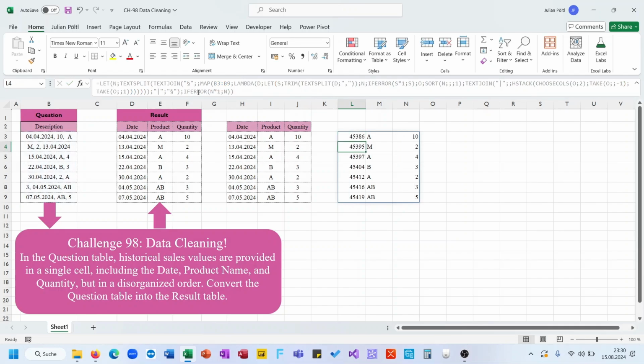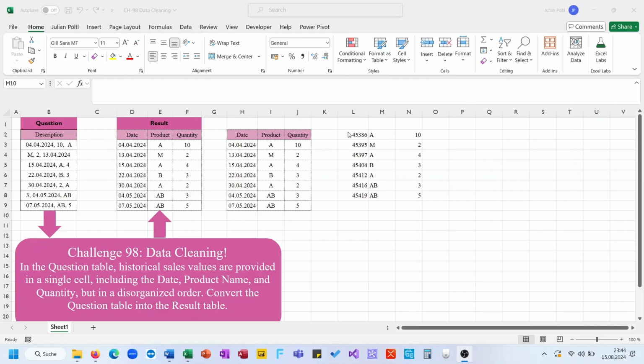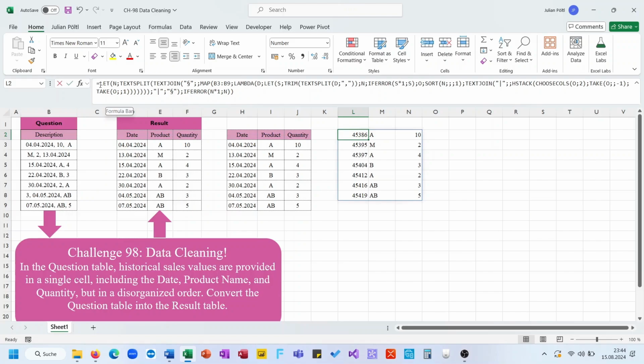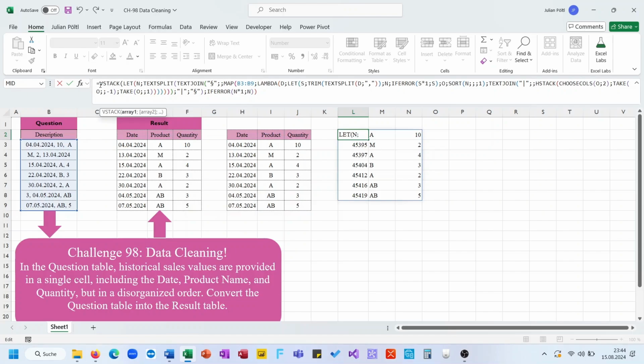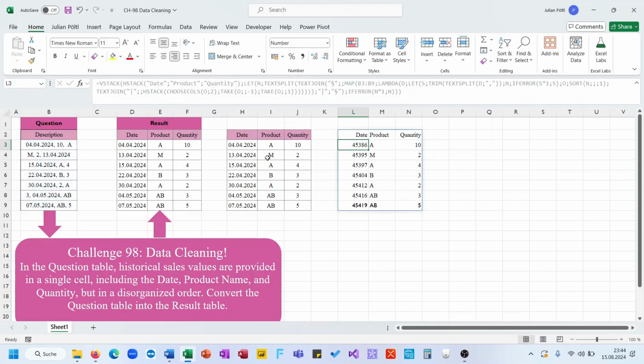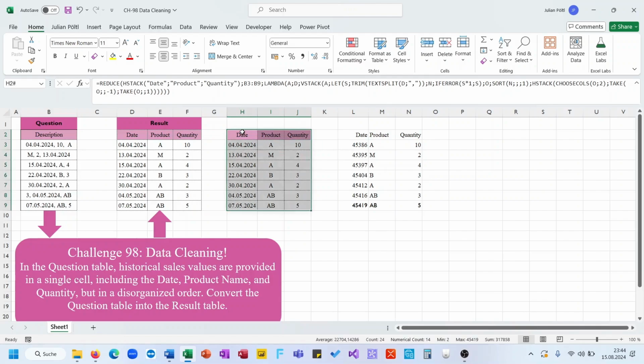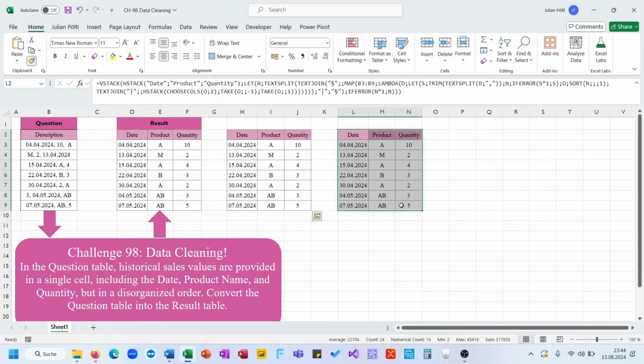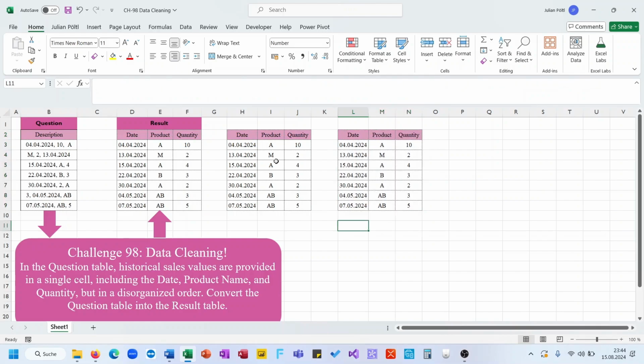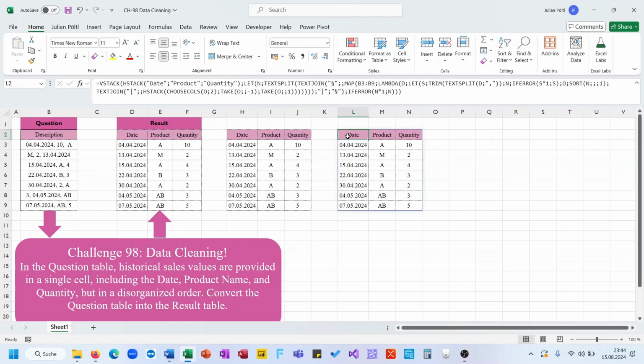So here we have again our number values, and if we want a header there also, we now use VSTACK, HSTACK, write the header names in, so close the brackets, and we now have also the header, and we can now paste the format over the second table,